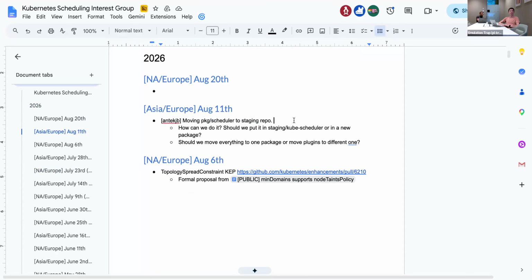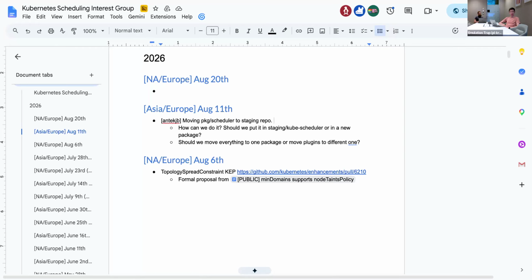Okay, so my item for today is moving scheduler from package to staging repository. And we want to do this because while we're working on the simulation library for scheduling, for now it's importing all Kubernetes repository, if I'm not wrong, and it's not perfect because that's a big repository.